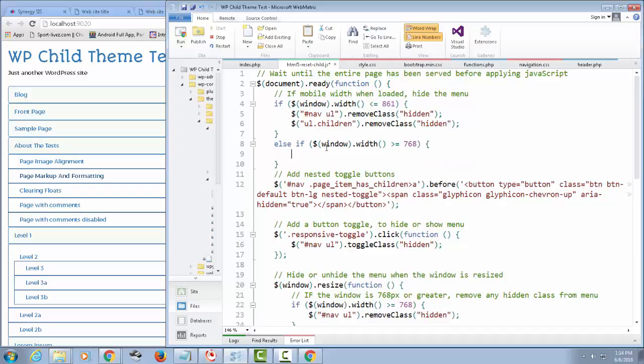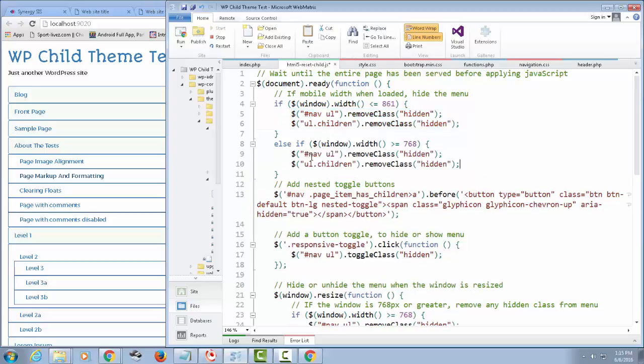And in it, what we're going to do is we're going to remove a class from here, but we're going to add the class on our children because we want to hide the children because